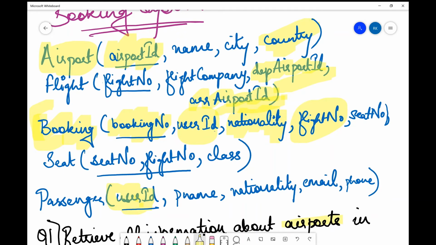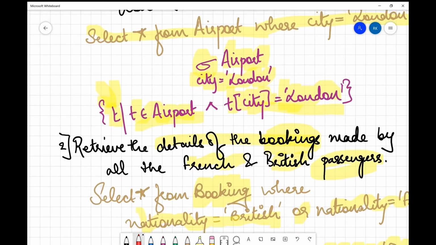Now similarly, you can see that the flight number acts as a foreign key in the booking table and primary key in flight. So similarly, we'll be connecting them. And again, arrival airport ID acts as a foreign key, which references the airport table, where it acts as a primary key. So this is how we are going to connect various schemas. Now let's get back to our query.